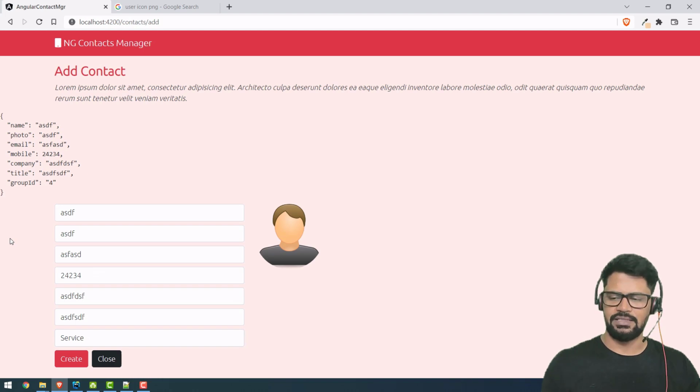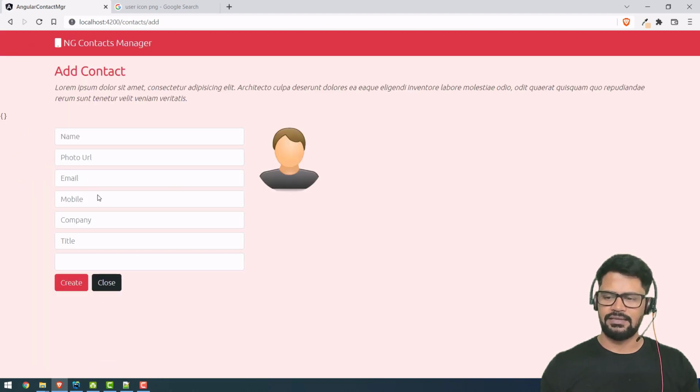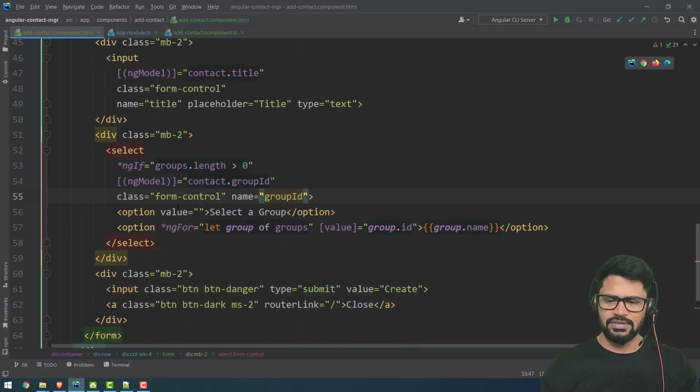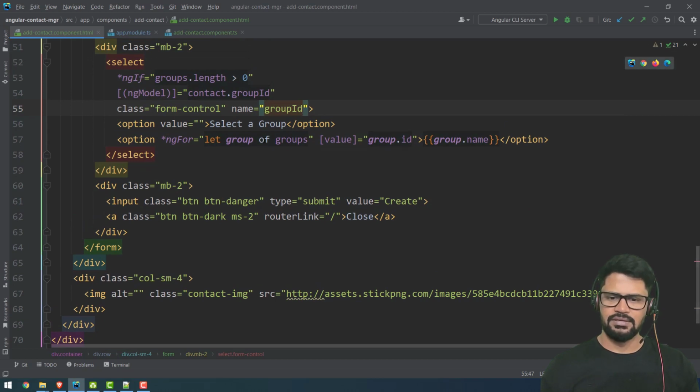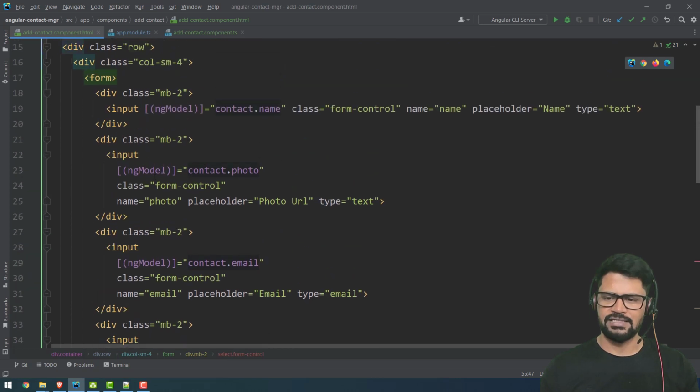Yep, that's fine. You have to submit the form data. One more thing is you didn't add form validation. Okay, you didn't add form validation. So to have form validation,